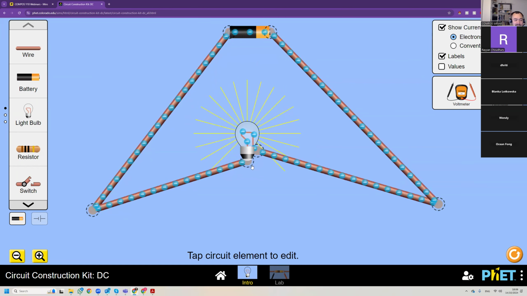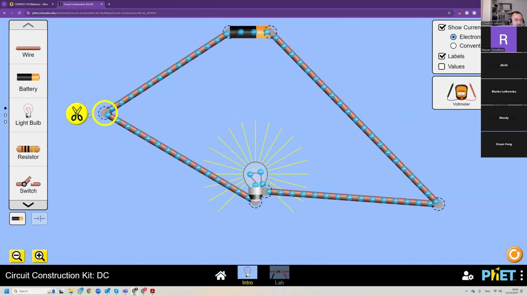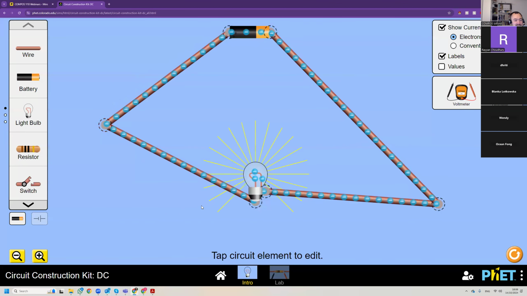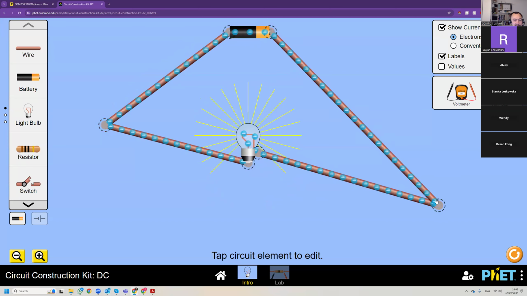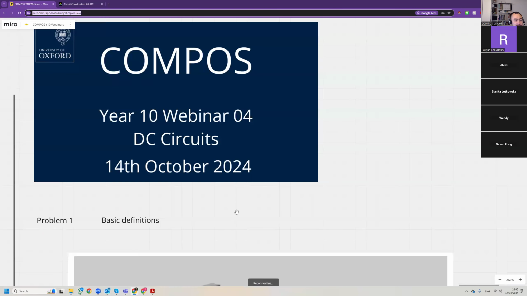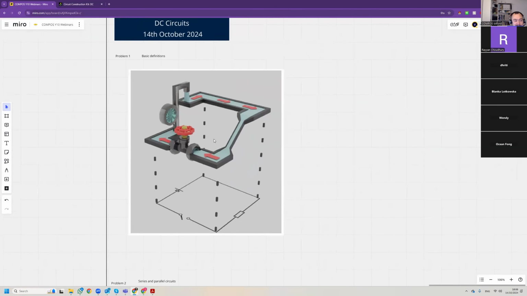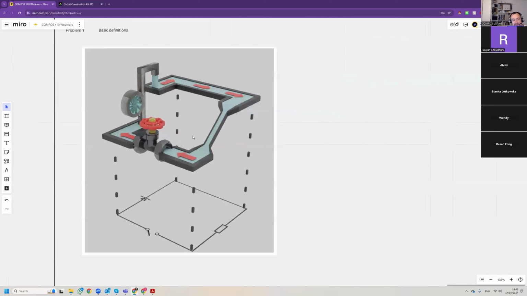Okay, so it's a simple circuit. We know that if we break the circuit, it stops working. Well, let's look at this diagram. One of our students, actually, a COMPOS student, has drawn this for us, and we're going to use it. So this is a water circuit. So water flows. This is a tap. Water flows, and